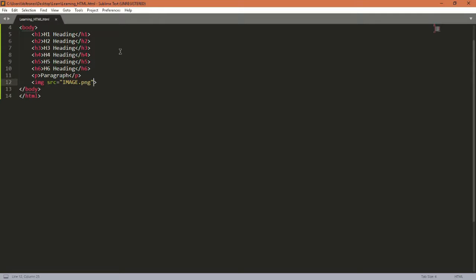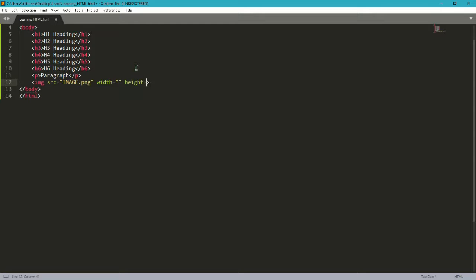You can modify a heading, any of the headings. You can modify a paragraph with attributes and image also. Attributes, but all of the tags have particular specific attributes. Let's set the width